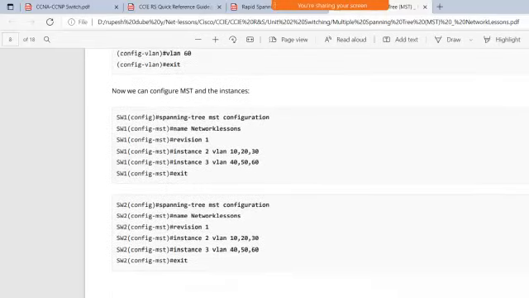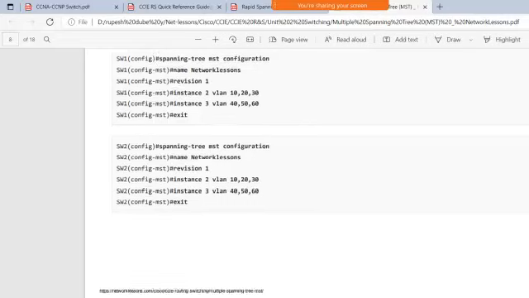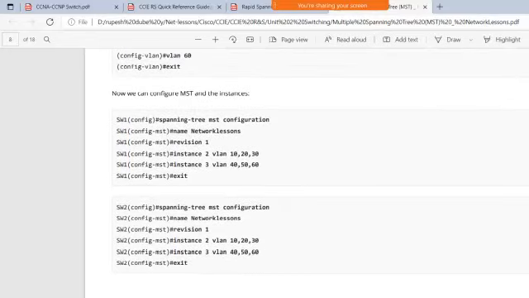Okay, just follow these commands and write them down. If we need to do configuration, we will also do this, right? So just write these down first.